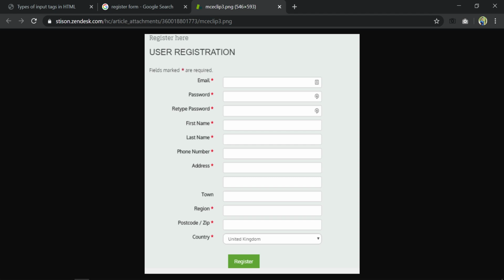Now this is your task that you have to complete. First type is email, you have to give email, and second is password, again password. Text for name. For mobile number, you can prefer number, so only numbers will be entered. For address, text. For zip you can prefer number, and for country you have to prefer a select box or drop down. Complete the task and mail me.